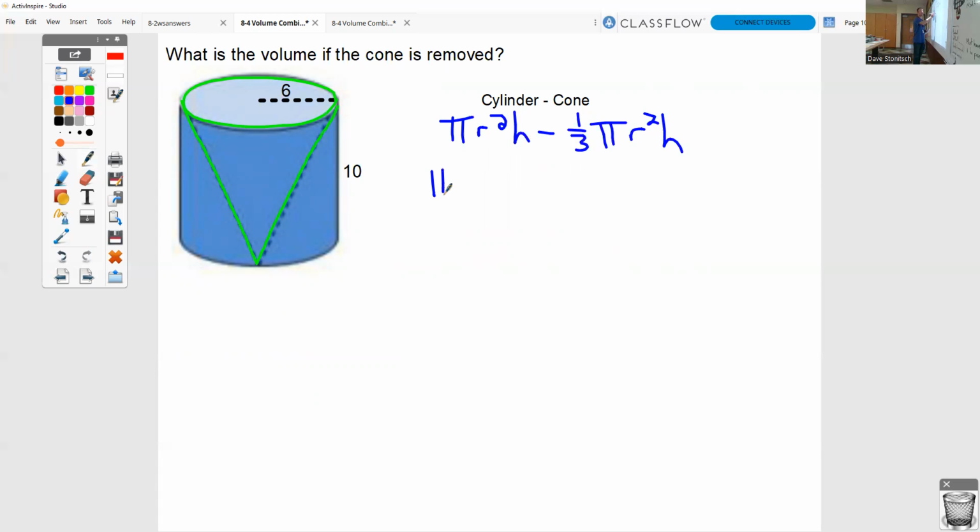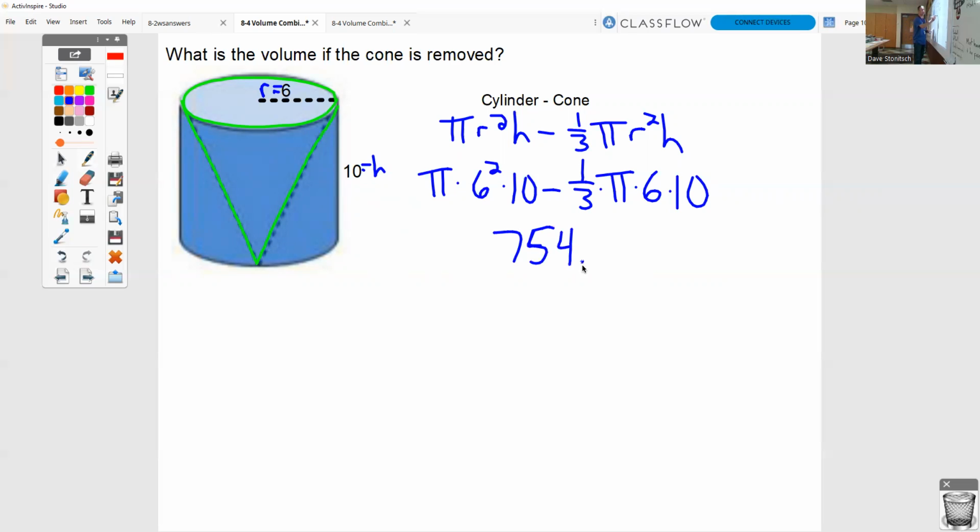So for the cylinder, we have pi times the radius. The radius is going to be 6 squared times the height, which is 10, minus 1/3 times pi times your radius of the cone this time is still 6. And coincidentally or not, the height of the cone is 10. So you're going to take that and type that whole thing into the calculator, round your answer to the nearest tenth, you would get